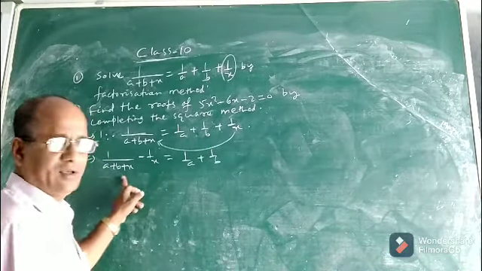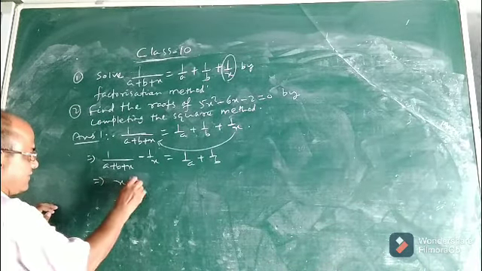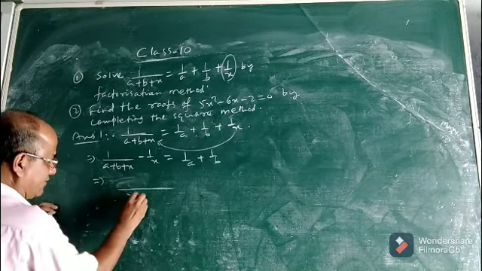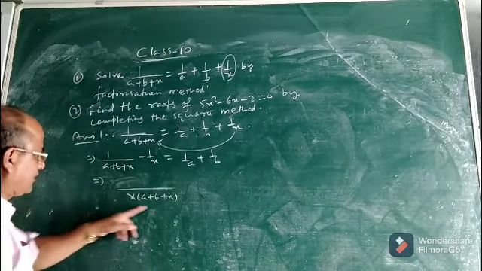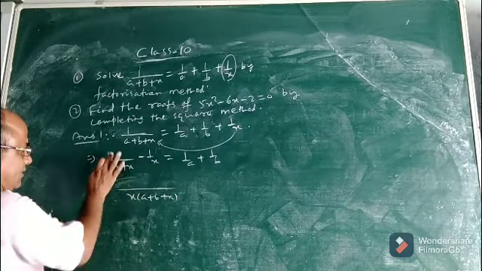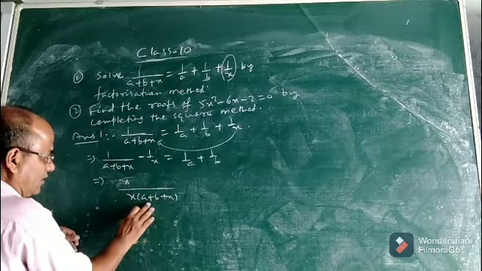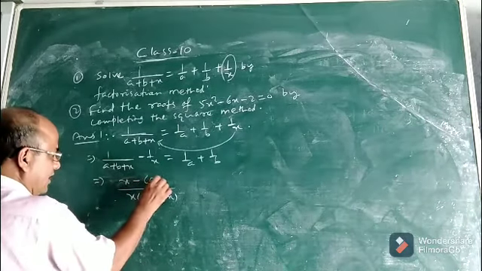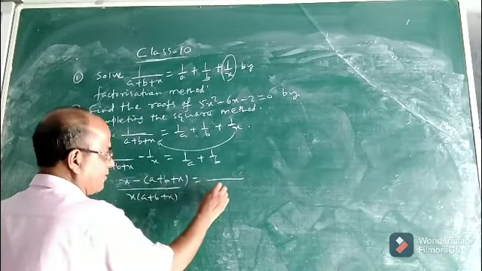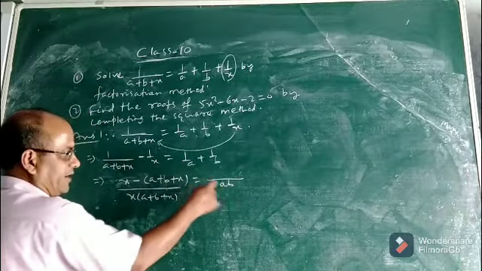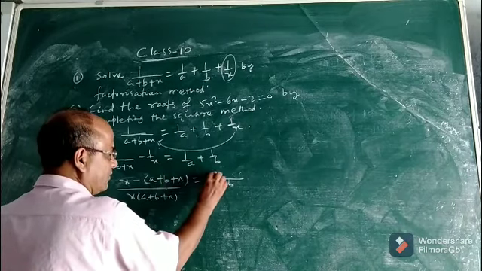Now what is the next step? The next step is you take the LCM here and here, in the left side and right side. So what will be the LCM? The LCM will be x into (a plus b plus x). Now divide the LCM by this. So you will get x, multiply x by 1, you will get x. Now divide the LCM by x, x will be cancelled. And what will you get? You will get minus (a plus b plus x). Now take the LCM of right hand side also. It will be LCM of a and b is ab. Then ab divided by a is b, and this will be a, so it will be a plus b.